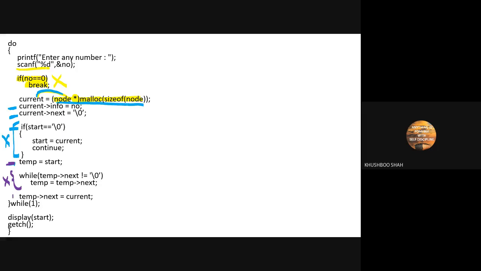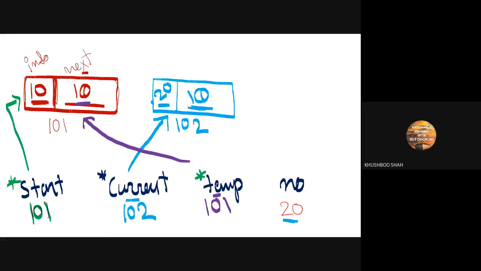Now let's see this statement: temp next is equal to current. It means the value of current we are going to assign into temp's next. What is the value of current? 102. Where do we have to assign it?